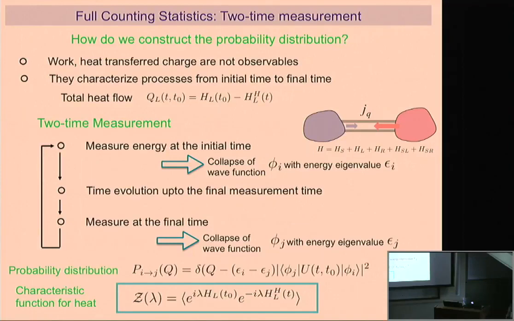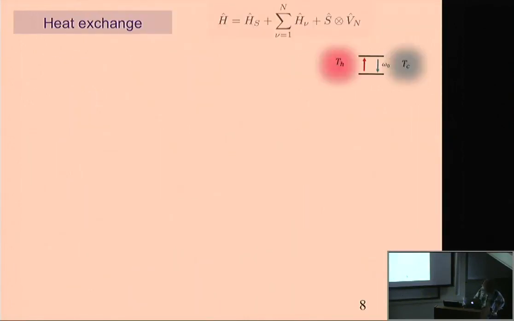What I'm missing here in between is indeed this two-time measurement protocol, which tells you how to construct this Z. It comes from the same story as we heard yesterday. You measure at time 0, you allow the system to evolve, you measure it at a later time. So you take this function, you multiply it by the initial condition, you sum over i and j, you do the transform here with respect to lambda and with S, and you get this one.